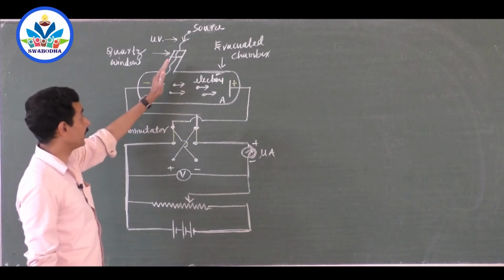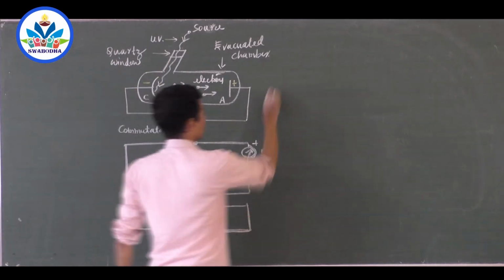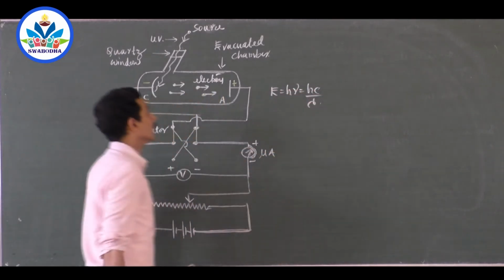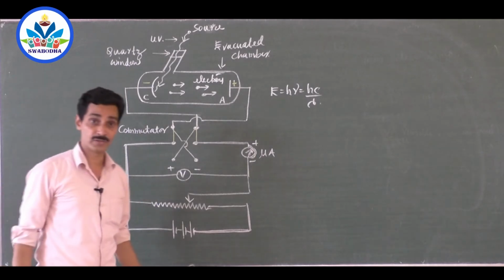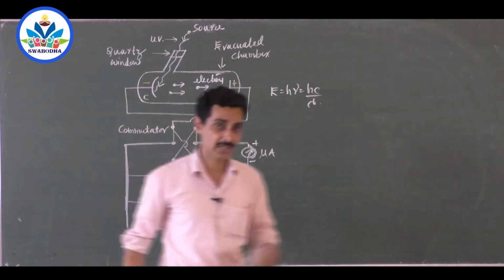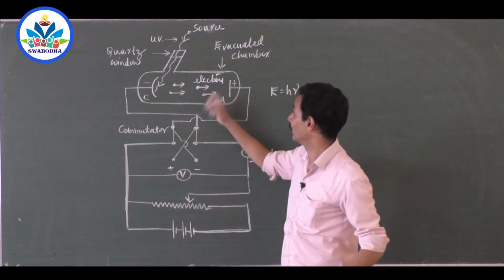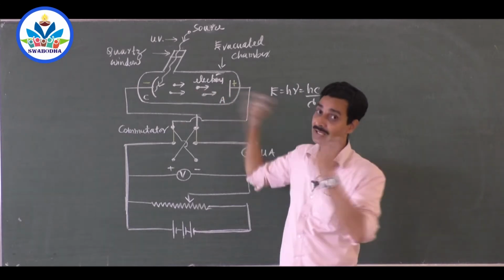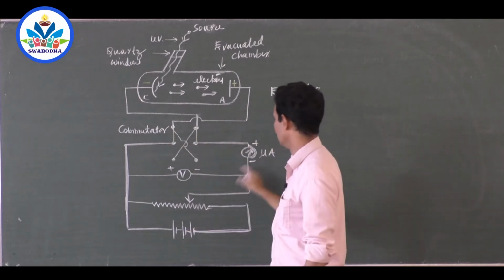As soon as light of suitable frequency and energy, of course, falls on the surface, E is equal to h nu is equal to hc by lambda, electrons are emitted from the surface. Electrons, as soon as they come out, see the outside world. Oh, it is vacuum. Nobody is there to oppose us, so we can move. And there is somebody who is greeting us, saying come on here, welcoming us. That is a positive electrode, because electrons are negatively charged. This positive potential will attract them, so it attracts them. So electrons come, complete the path, and you get a current in the